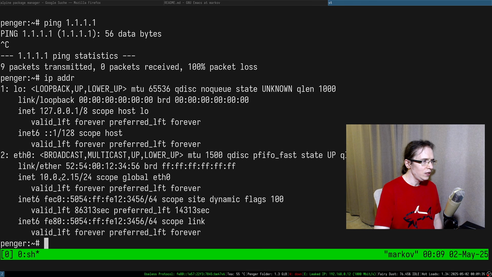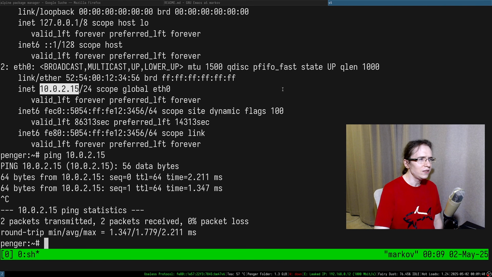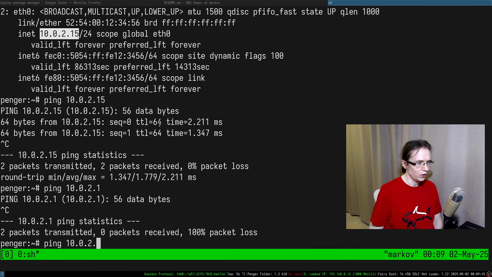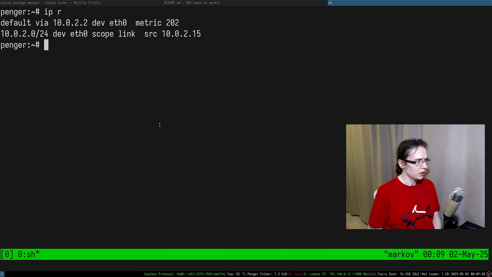But what's the gateway? How do you see the gateway? I don't remember how to see the gateway. It's just like one, right? Try wget. Anyway, IP route. This is the gateway, isn't it?